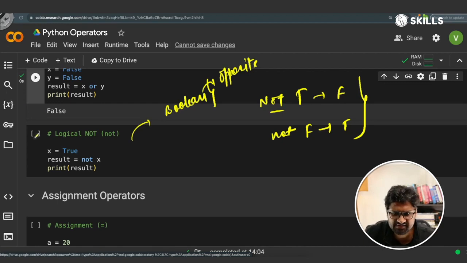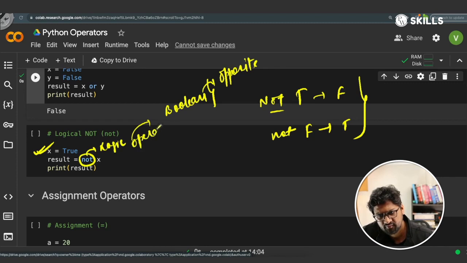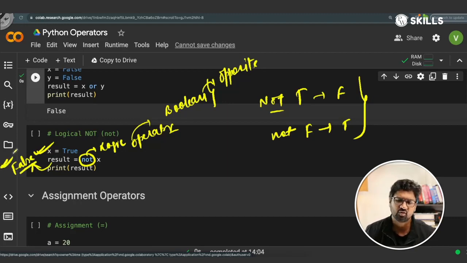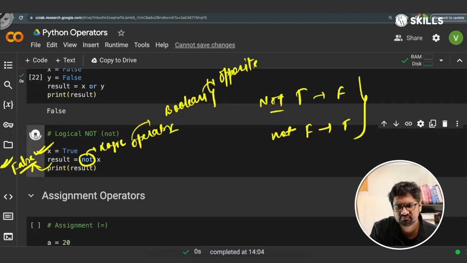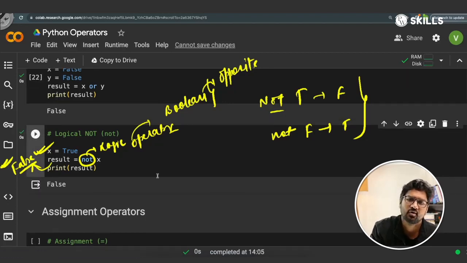से समझते हैं। x is here ऑपरेंड whose boolean value is true. When I go and say the result, उसके पहले मैंने ये लगा दिया लॉजिकल ऑपरेटर, तो रिजल्ट क्या हो जाना चाहिए? रिजल्ट हो जाना है इसका उल्टा, ट्रू का उल्टा, which is false. So if I go and run this, रन करके चेक कर लेते हैं if our hypothesis is correct. If I go and run this, the value is false.